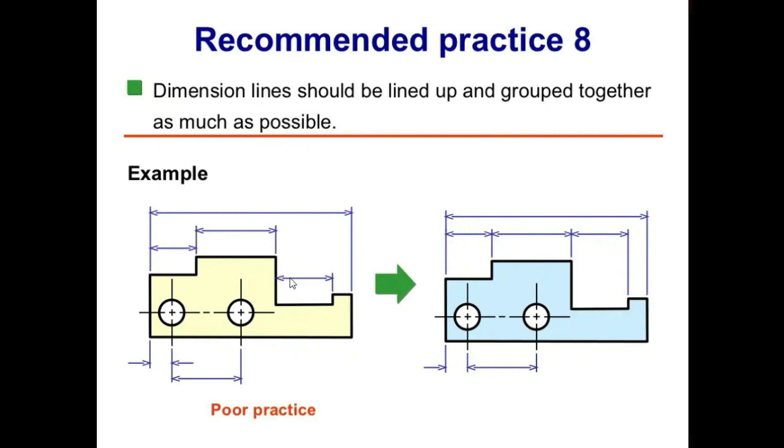Then is this one, that one dimension line is here, other one here, other one here, so they have to be placed in the same line. And here also this one is here, this one is here, so we have to bring it back over this, so they are basically overlapping each other, and it means that there's one dimension here, this one, and the other one here, and this in itself is also a dimension.